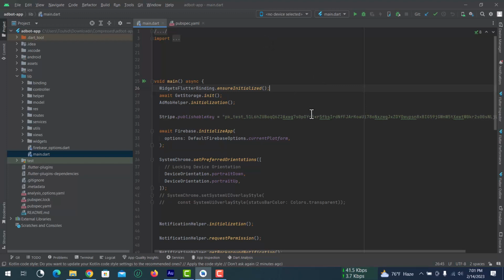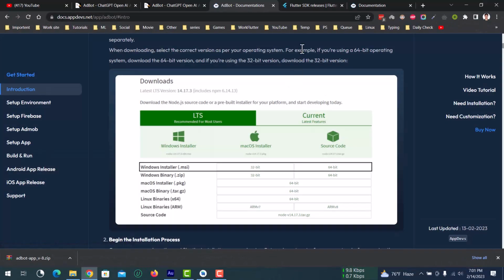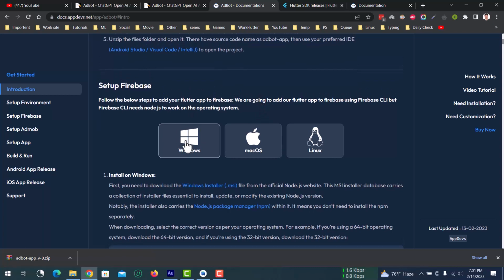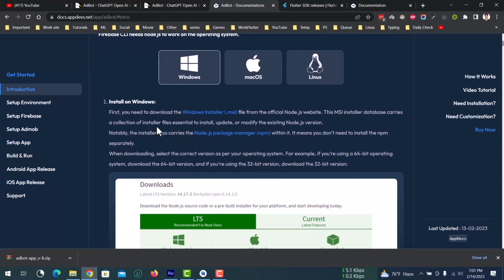So to connect your project with Firebase, at first you have to have a Firebase account. So let's navigate to the documentation and click on the Windows section. After that, as we can see, to configure our project with Firebase, we have to install Node.js because we need